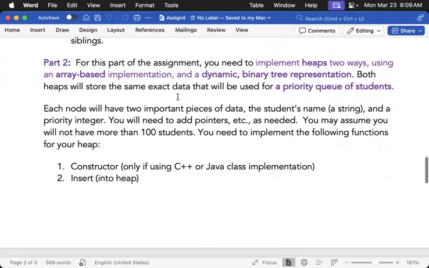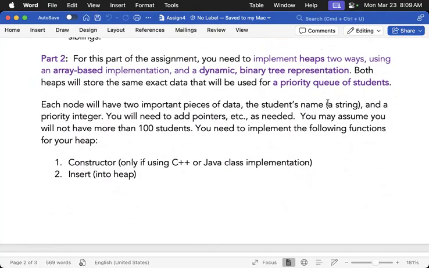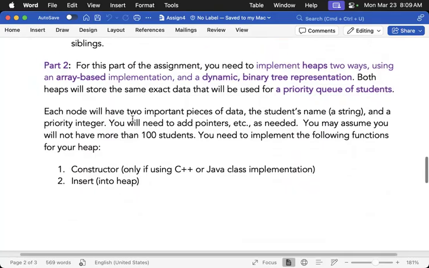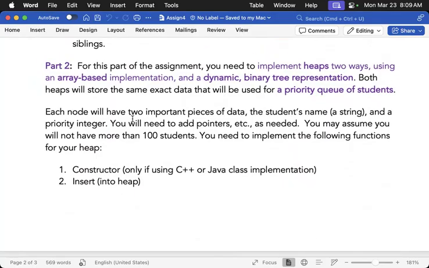Each node will have 2 important pieces of data: the student name, which is a string, and the priority number, or integer, because this is a priority queue. So we have objects that have a priority associated with them that you'll need to add to, so you'll need to use pointers if you're using C++, that is. If you're using Java, you don't have to worry about pointers, but it's going to be pointers to other objects